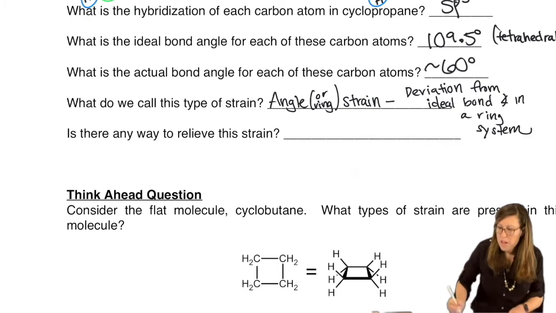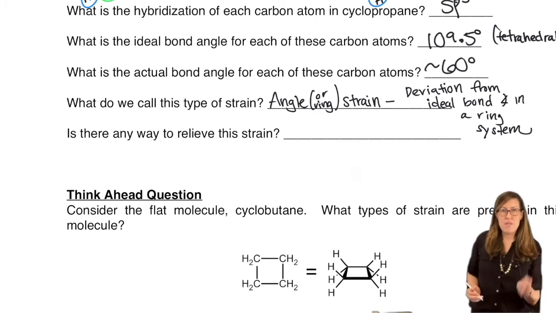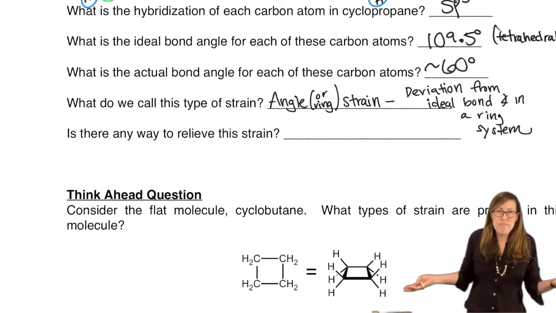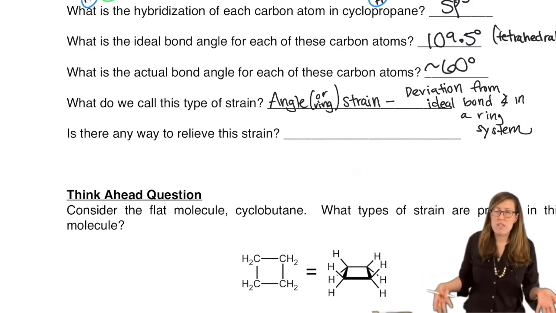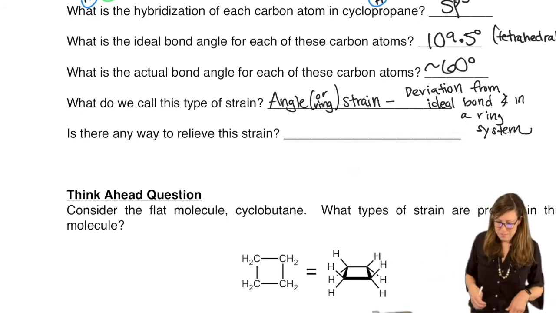So how do you know you have ring strain or angle strain? You look at the hybridization of the carbon in that ring. If that carbon wants to be 109.5, but it's forced to be way smaller or way bigger, you have angle or ring strain, right? So cyclopropane is not the most stable. Doesn't mean it doesn't exist. It's actually abundant. It's just not the most abundant for good reason, okay?